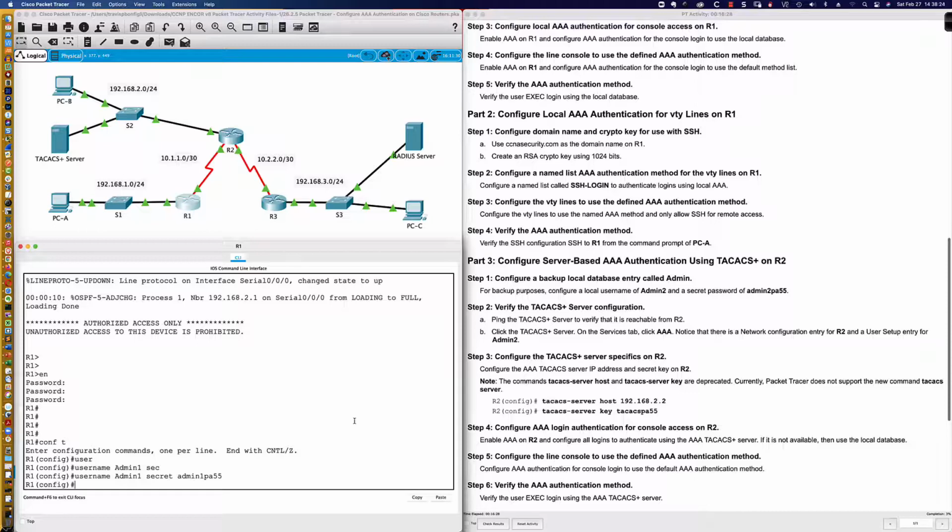Now, in terms of TACACS Plus, I said it's Cisco proprietary. It leverages TCP. RADIUS uses UDP, right? And then we talk about the encryption of the data. TACACS encrypts the entire packet. RADIUS does not. RADIUS only encrypts the password. And so again, that's just a handful of the differences between TACACS Plus and RADIUS, and why TACACS,